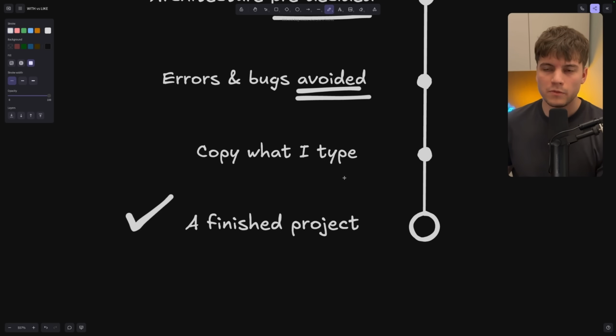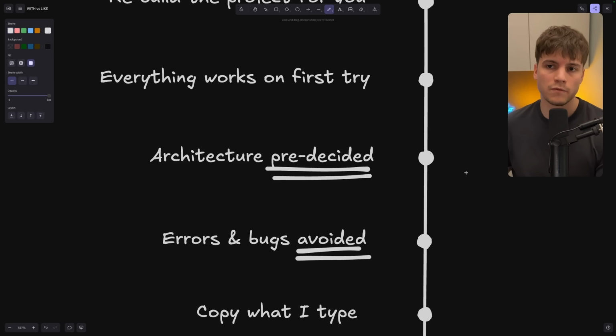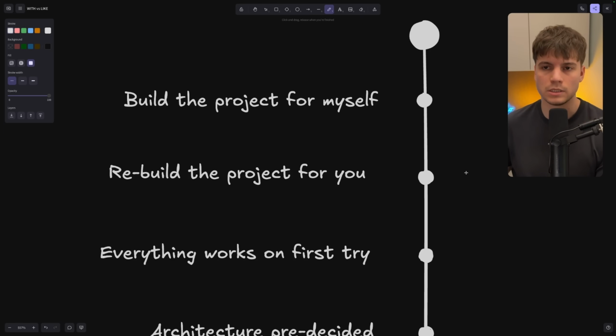Well, there are some obvious problems with this method, but they are what a lot of people want to see on YouTube. They want to get from point A to point B. But in the age of AI, this simply isn't as useful as it might have been 3 years ago. So it's time to rethink how tutorials should look.